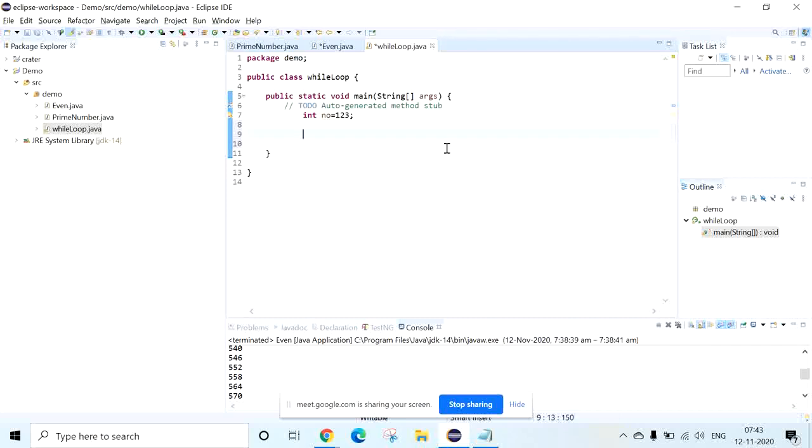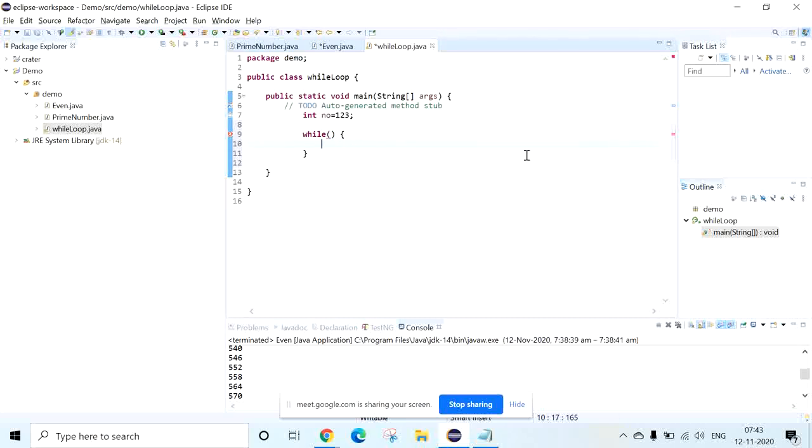Do you have any idea? This level is a little bit more compared to the for loop. You tell me how we can reverse this number. I want to get the output of 321. Just tell me simple logic, how we can do it. Otherwise I will write one simple logic, but it will not be correct. First, let us start with that one. I will give you the condition later. So we have one logic, right?